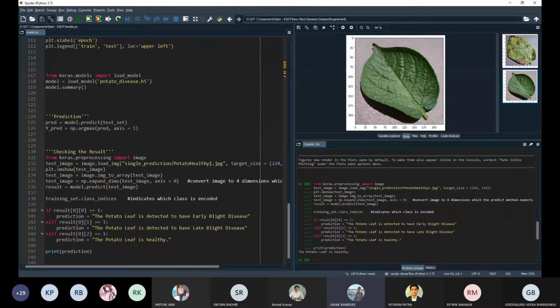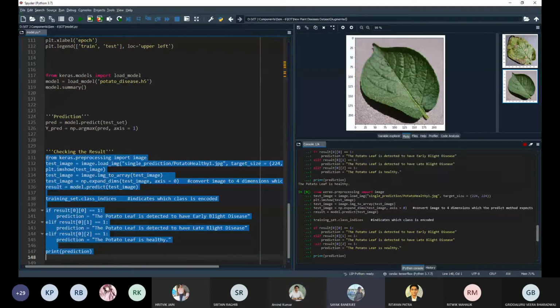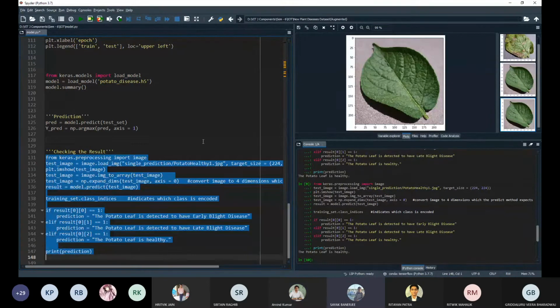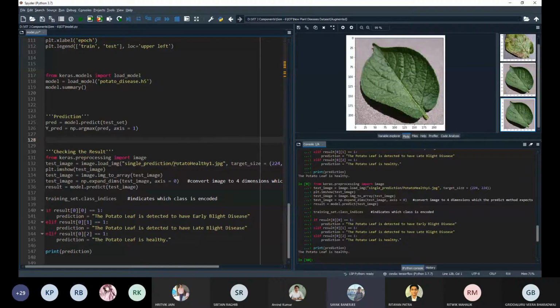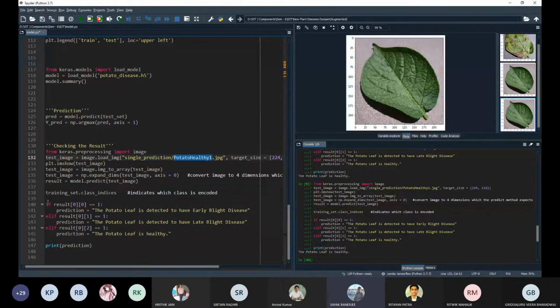And now, sir, I will be showing you some detection on some of the leaves. Yes, even the previously verified results you can show directly. Yes, sir, I'm showing that only. As you can see, we are taking in an image that is a healthy one, and then we are setting up the result.